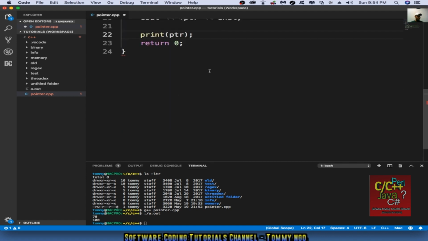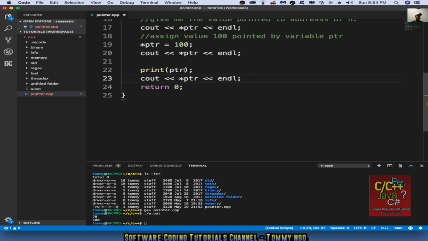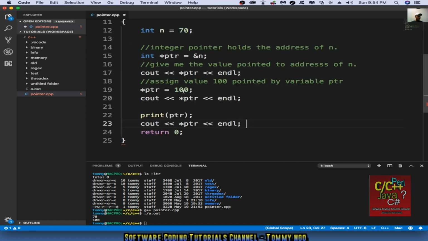So if I do a cout here at this point, it will be 25, because I sent in the value 100, but it's being modified in this function, so I'm expecting 25 here. So let's save this